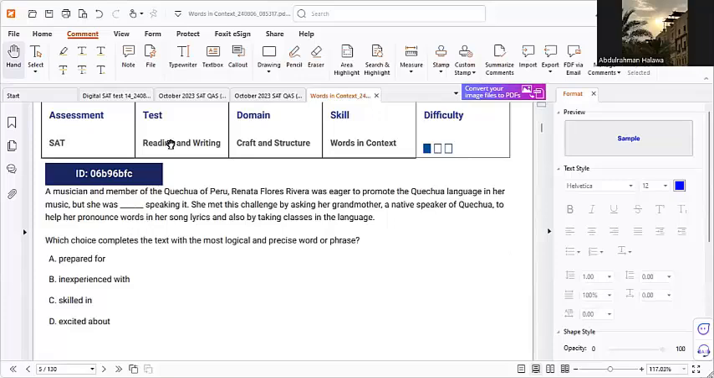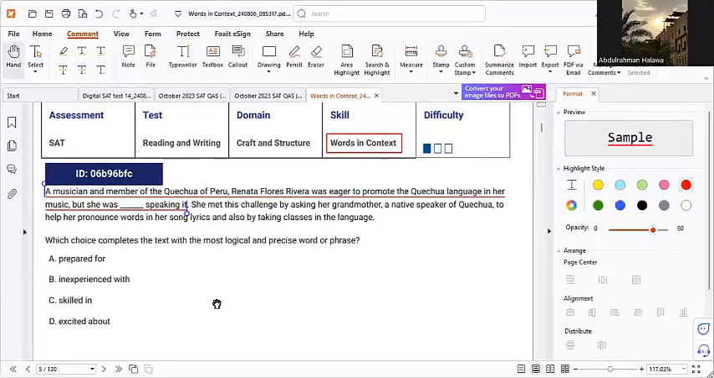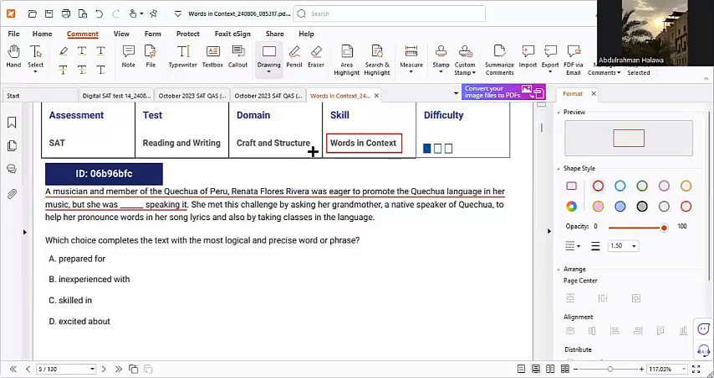Okay, go on. I'm a musician and a member of the band. Renata Flores Rivera was eager to promote the Quechua language in her music, but she was dash speaking it. She met this challenge by asking her grandmother, a native speaker of Quechua, to help her pronounce words in her song lyrics,